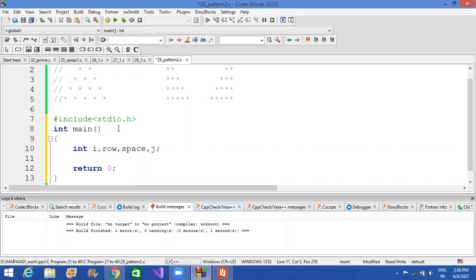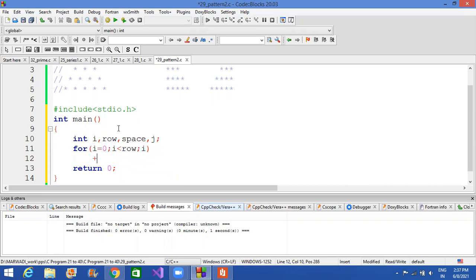So the first loop will be executed till the rows, that is how many rows I need. So i is equal to 0, i less than rows, i plus plus. Now